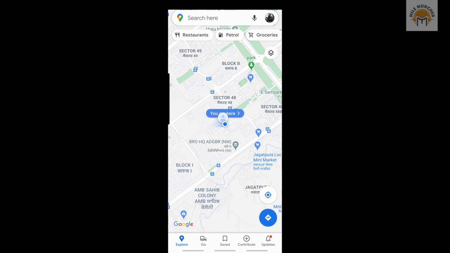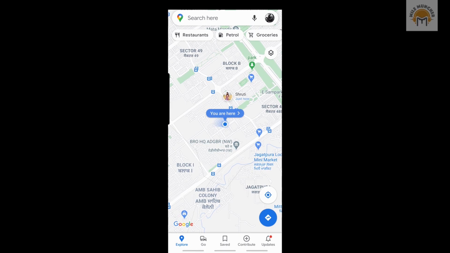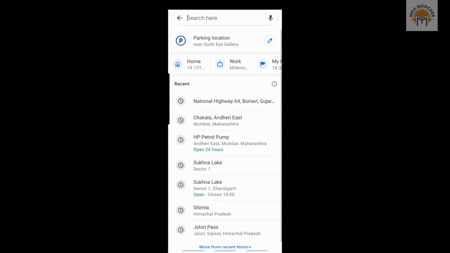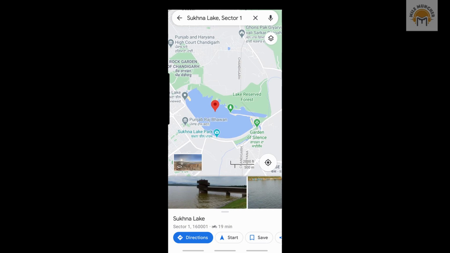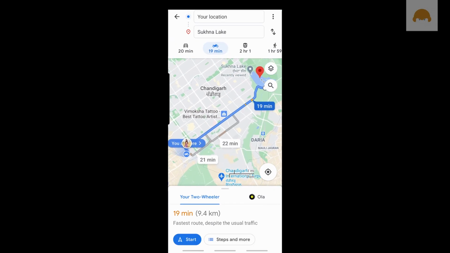For now, we are going to talk about this app called Turn by Turn Navigation for KTM. It is available on the Android Play Store and it is absolutely free. You don't have to pay a single penny, against the KTM app where you'll have to shell out 600 rupees. Download that app, open up Google Maps, search for the location that you intend to go to, and set the route.